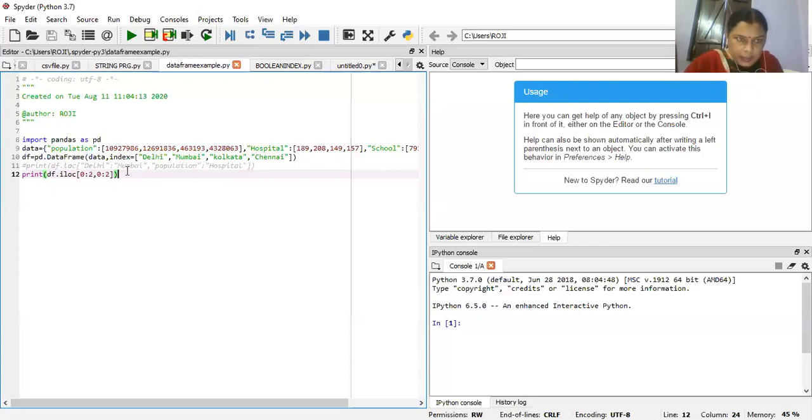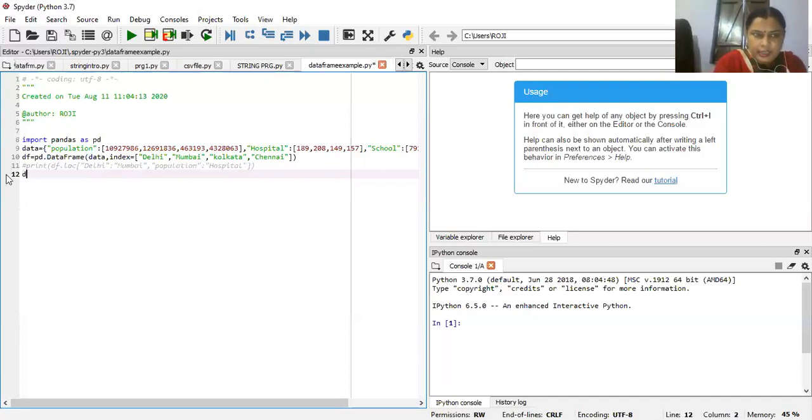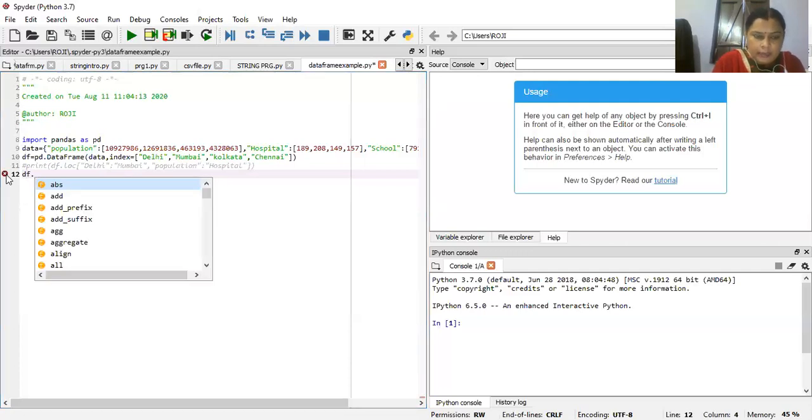Here the data frame name is df. So first of all, we will use df dot population, meaning the population column of the data frame.